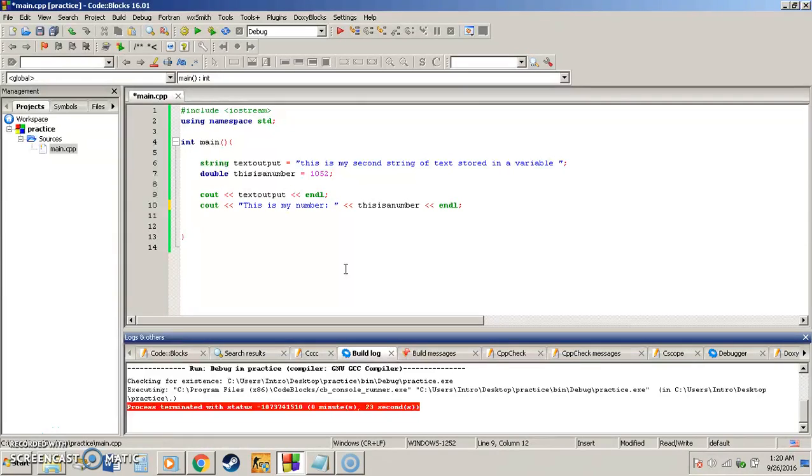You can do the same thing up here, and enter a string of text that says this is my text,